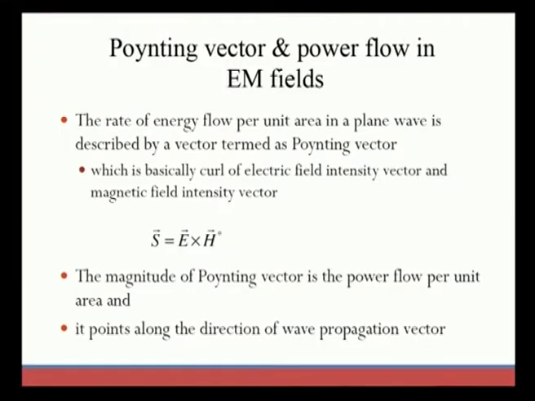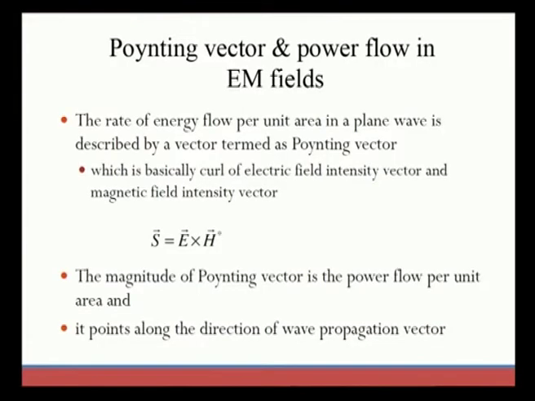One more thing we need to observe in this definition is the plane wave. A plane wave is a two-dimensional wave which extends to infinity. That type of wave is called a plane wave. And why are we using a plane wave here? Because an electromagnetic wave also comes under plane waves, which is why we are using it here.